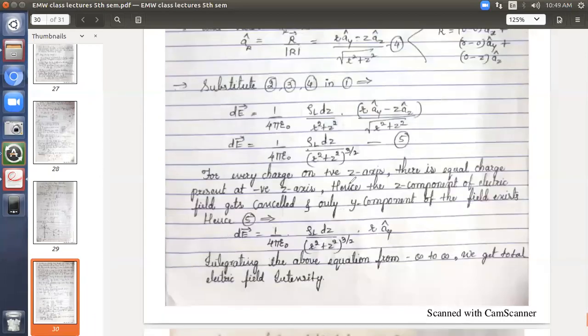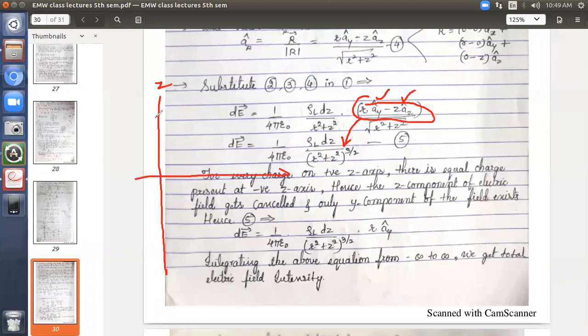After that, now just assume that I have written this here. That is your equation 5. Consider how many components of the unit vector there are. Out of the three components, x you don't have; y and z components are there. Now let's see what happens to these y and z components. We have kept the line on the z axis, so whatever point we have considered is on the z axis.